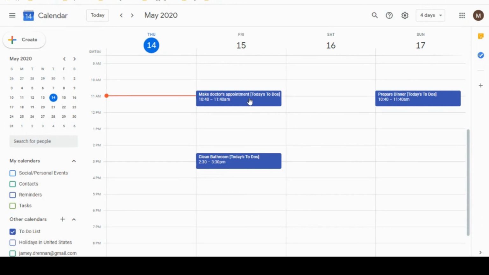Now, when it imports into Google Calendar, it creates an hour-long task. So if it doesn't take an hour, you can create other events around it, knowing that it's not going to take that long.